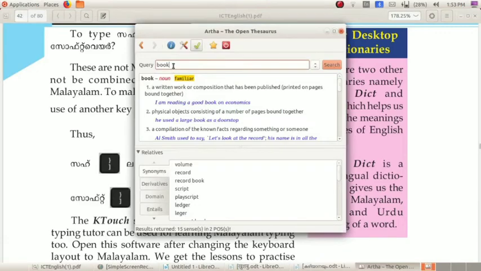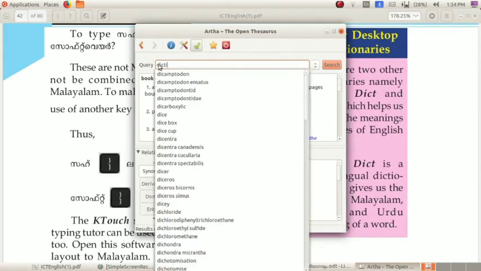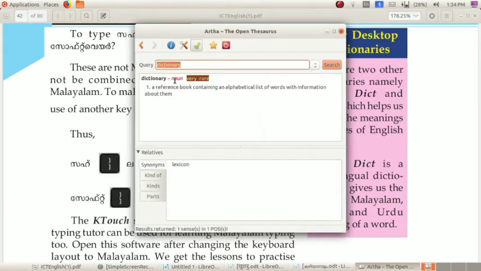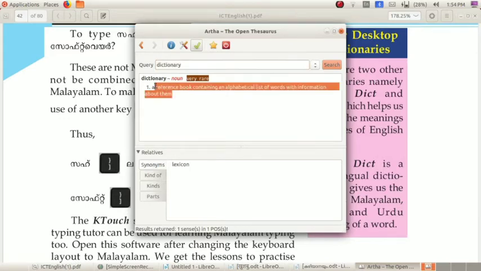Here you can see Artha. In this box you can type the word whose meaning you want to know. Now I am typing the same word, dictionary itself. See, a reference book containing an alphabetical list of words with information about them.